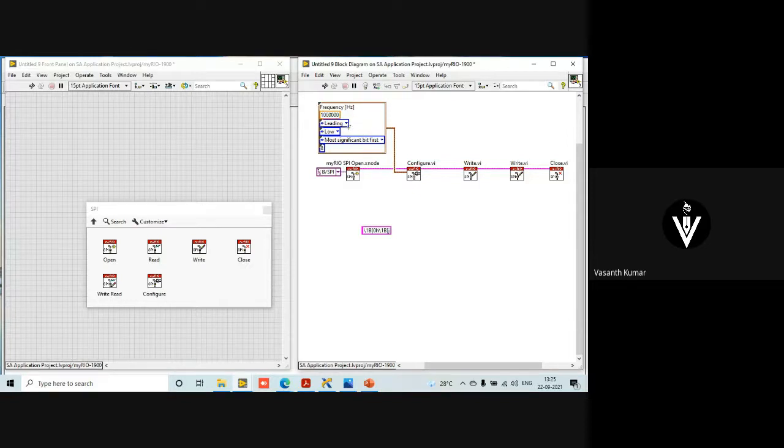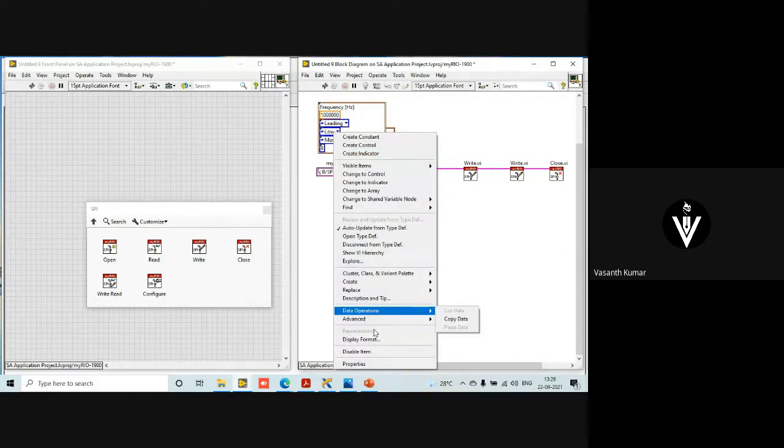So you are trying to send the data on the leading edge. The clock has the leading edge and the trailing edge, right? So I'm just using leading edge. This is the number of data you have, and low or high is nothing but whether you want the clock to be enabled and other things to be on the low pulse or high pulse.